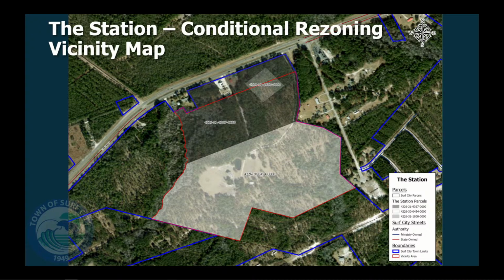Phase 1 is proposed to use town of Surf City water and a septic system permitted by Pender County Environmental Health. Phase 2 shall use town of Surf City water and sewer, if available at that time, which is proposed to be down the road some years. Again, the mention of the submitted recombination plat showing the lot configuration per their master plan, and then all the standards identified on their conditional plan. And that is the layout and design.